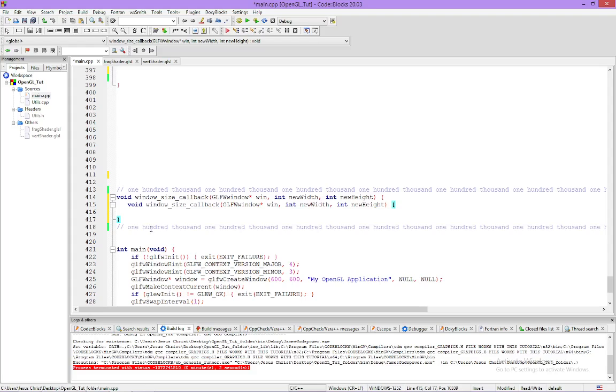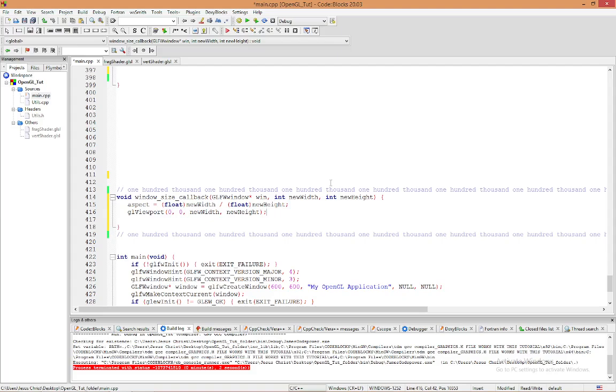Want to type void? No, we don't want to type that, sorry. You want to type aspect equal to float new width divided by float new height. glViewport(0, 0, new width, new height);